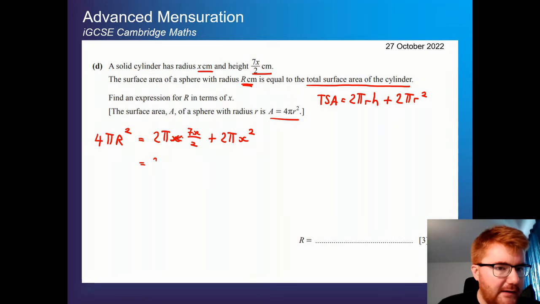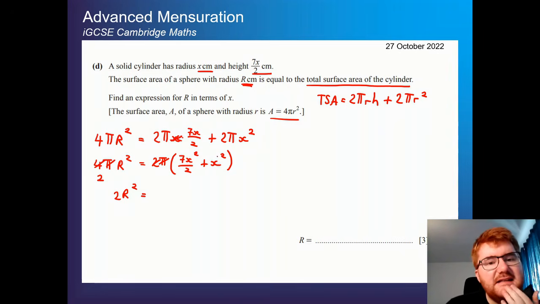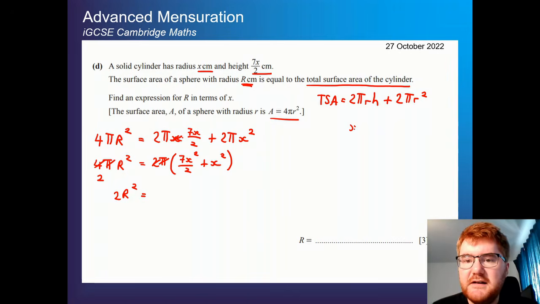Let's take a factor of 2 pi out. So if I take 2 pi out and simplify, I get 7x squared over 2 plus x squared. The reason I'm cancelling that out here is that this pi cancels, and this 2 cancels 2 here. So we get 2r squared is equal to, well, we can actually add these together, because remember x squared here